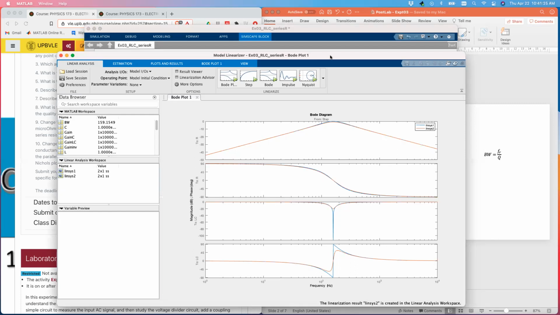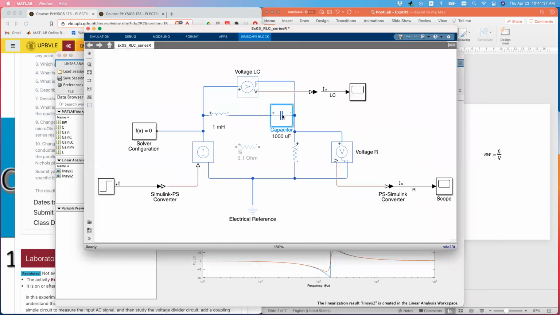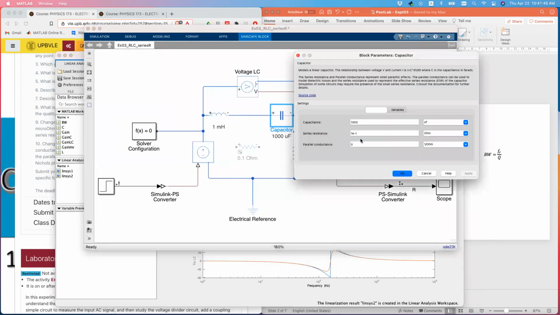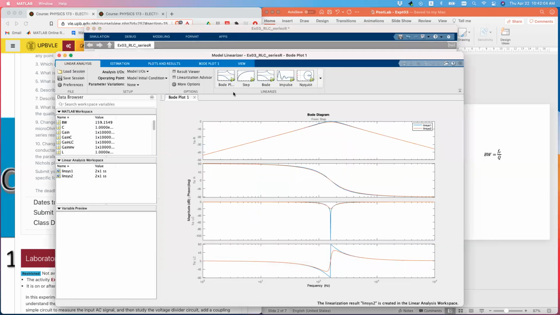So, yan ang result. So, yung bread curve ay yung result ng changing yung series resistance ng capacitor. Okay. Now, ang gagawin natin, if we replace this, okay, balik natin sa 1 times 10 to the minus 6. Okay, and then we replace this with the series resistance. Is this model equivalent to yung series resistance ng capacitor dito? Okay, so kasi ito yung sinasabi natin model, right? Okay, so i-run natin ulit yan and then